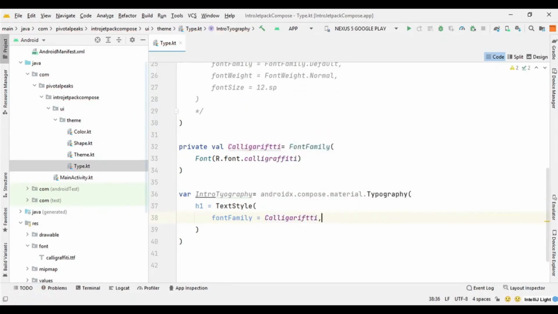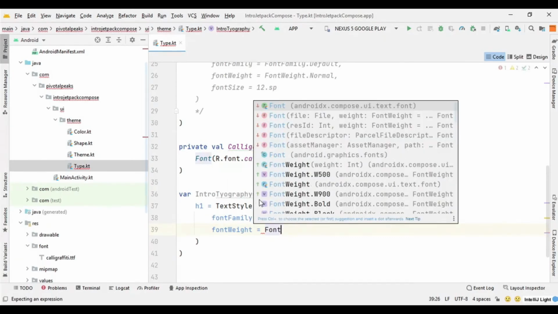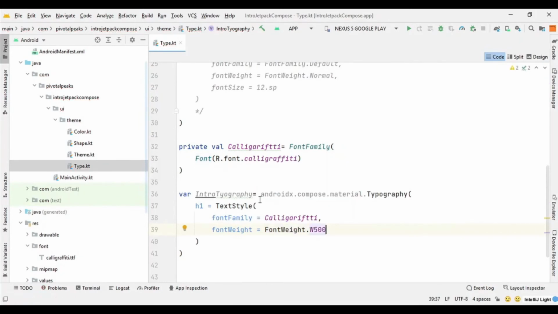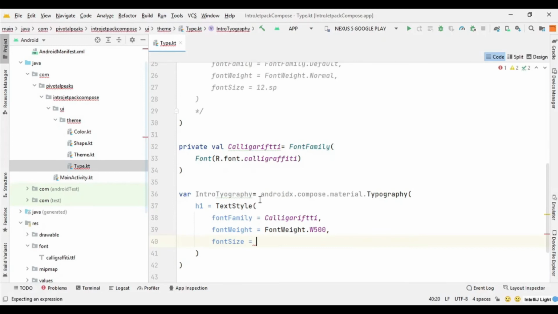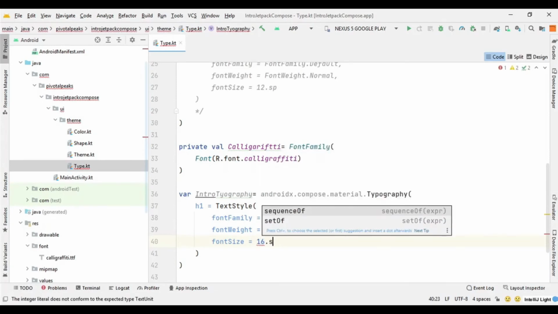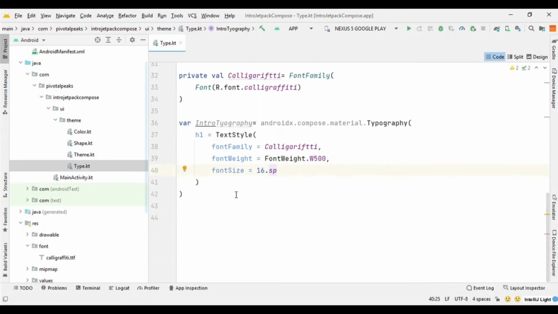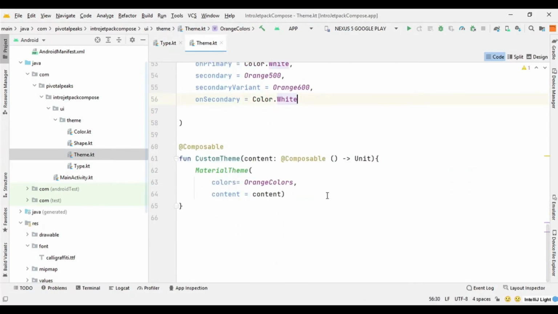So calligraphy, then I can say fontWeight, and FontWeight dot, I'm going with the 500. You can go with 600, 700, as big as you want. And the last thing we need is fontSize. So I will say 16.sp, and then we need to go to this theme file, and we need to cast this typography into our MaterialTheme.